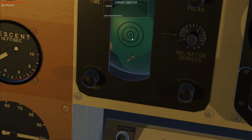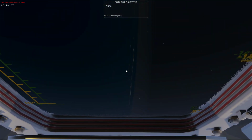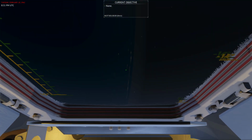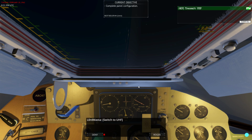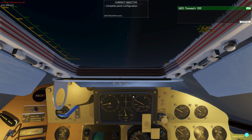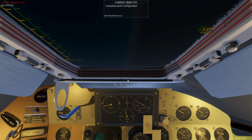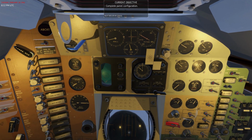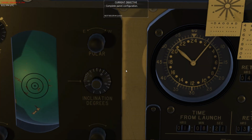Just passed over the zones. Switch to HF. Anybody home? Actually, let me look up something on my phone real quick while we wait for this next part of the...